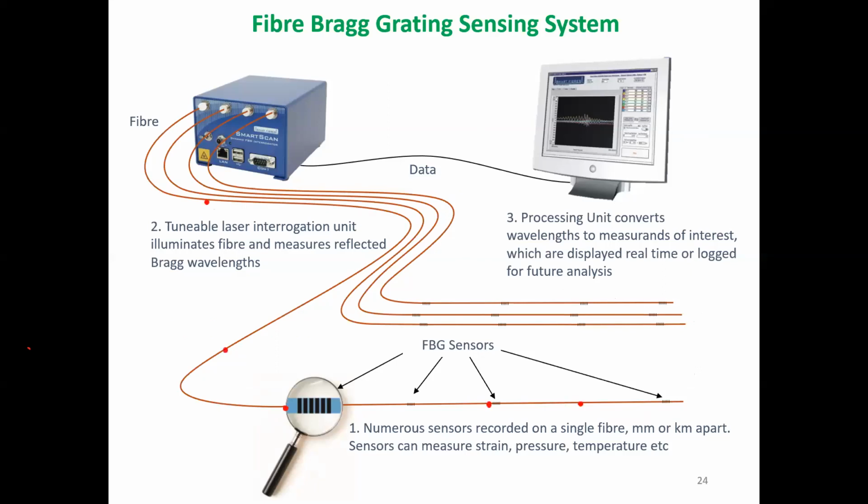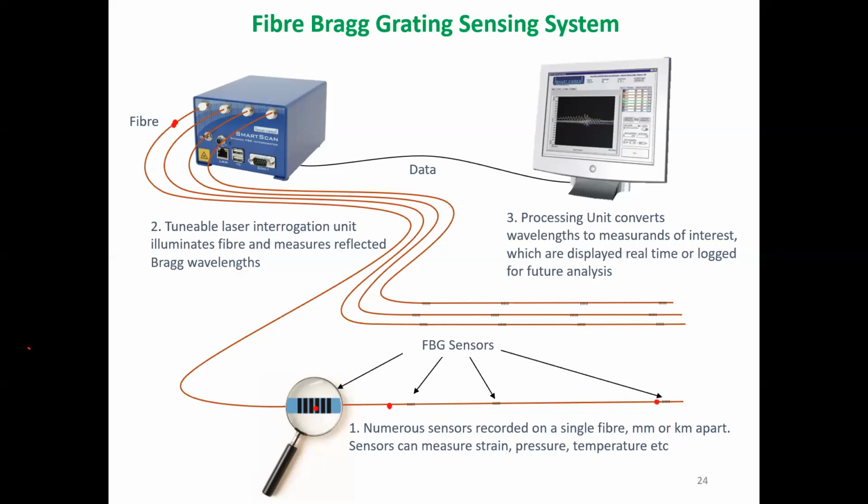What are the geometry parameters like diameter of core, clad, and overall diameter, and type of fibers used for such sensors? Yeah, good question. Normal optical fiber communication grade fiber comes with 9 micron core diameter and 125 micron cladding diameter. Core and cladding are both made of glass. And then we have a further coating, so the total fiber diameter would be 250 micron only. It's very, very thin, 250 micrometer, means 250 into 10 to the minus 6 meter. So you can see it's very light. The core is only 9 micron and mostly light will travel through the core only.